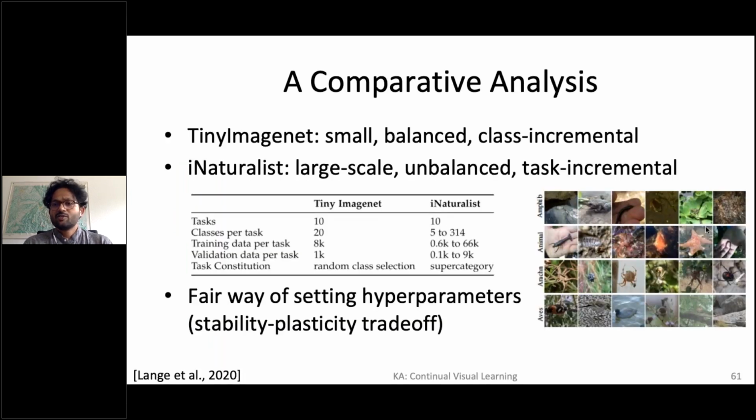Okay, so here I just wanted to show a very quick comparative analysis. We won't go through it in detail. I'll leave the slides for you to access. This is coming from a journal paper from a couple of years ago from several researchers in the community, where they evaluated different categories of approaches and compared which one works better than the other on two data sets, called Tiny ImageNet and iNaturalist, which have different statistics, going from